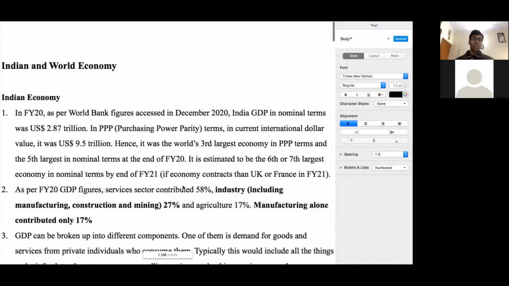So India and world economy, that is the topic for today. And first we cover some basic aspects about the Indian economy, and then we go and cover some other rankings and other aspects related to India in terms of different areas of our public life, some aspects of demography as well. And then we move on to do a bit of comparison with the world economy.